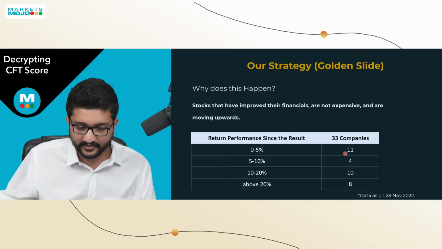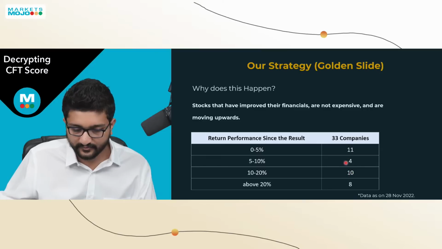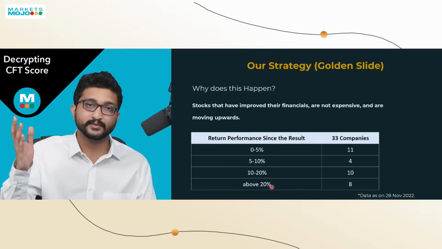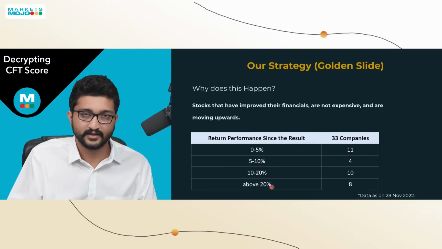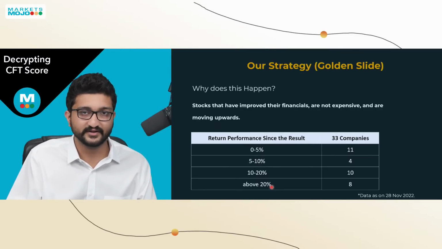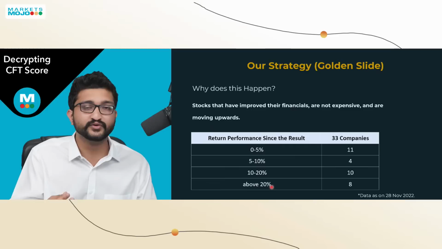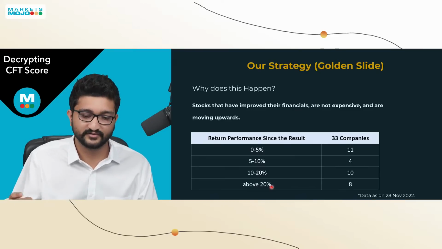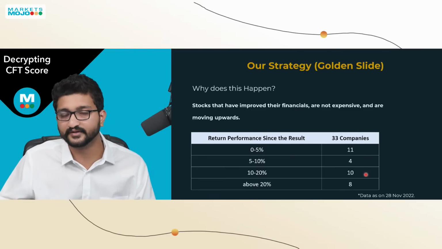0 to 5% return, 11 companies. 5 to 10%, 4 companies. 10 to 20%, 10 companies have given that much return. You won't believe it, 8 companies have given about 20% return since their results. About 20%. And the result season has just ended in November itself. So within these few days itself, by applying 3 filters, we've got a list of 33 strong companies that have